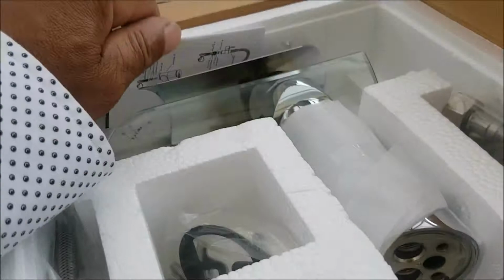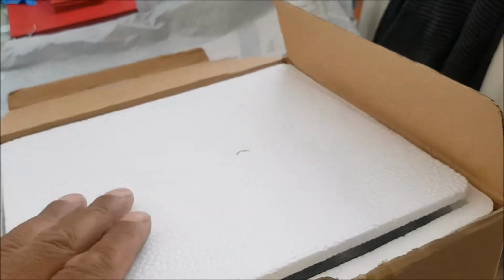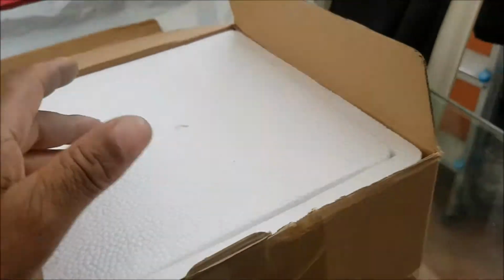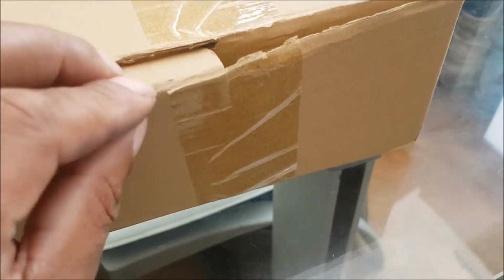Let me put that back on there. Get that back there. That there, and that just there. Next thing we'll be doing is fitting this, and we will show you just how we do that. So in the meantime, as I said before,